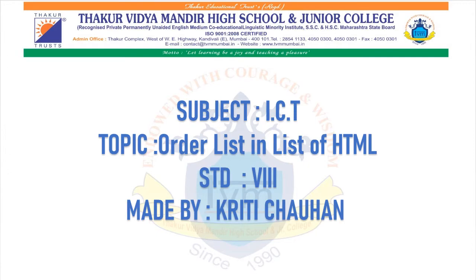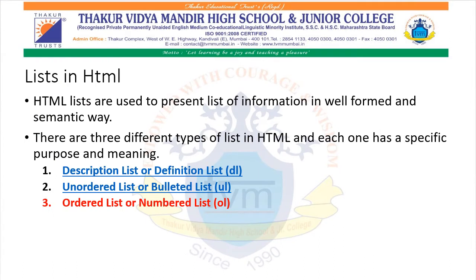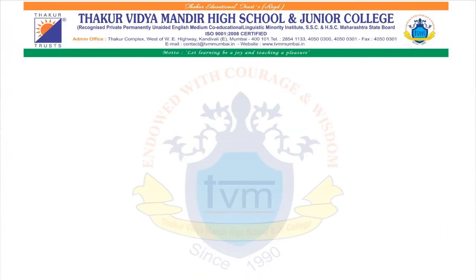Till now, we understood about the description list or definition list and the unordered list, which is also known as bullet list, where the description list is used to define the list of terms in an HTML page and the unordered list is used to list items where position is not important, or we can say that no specific position is applied. In this video, we will understand the ordered list, where the sequence or position of items is given importance.